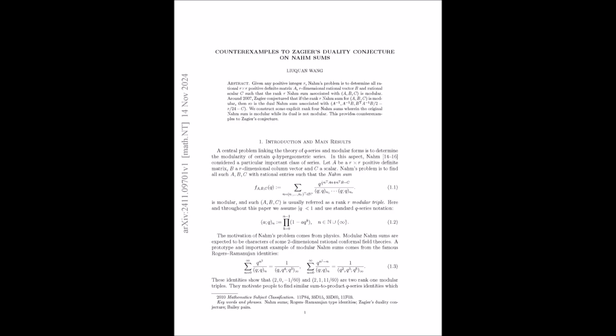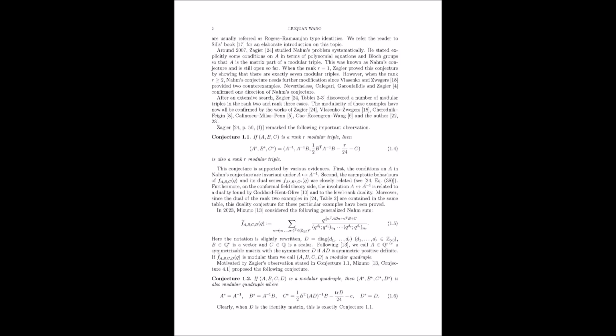What happens next? Well, the paper very carefully evaluates S0q and S1q. It uses equation 2.7, that Q-Gauss summation formula we talked about, to write them in terms of infinite products. Those are in equations 3.6 and 3.7. This step is really important because infinite products are often easier to manipulate and connect to modular forms. I see. It's like taking a complicated puzzle and turning it into a simpler one, where the pieces fit